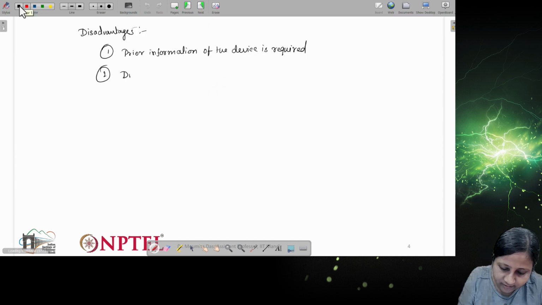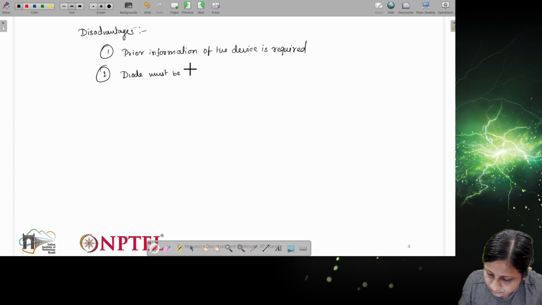So this diode must be used to protect the sensing circuit.